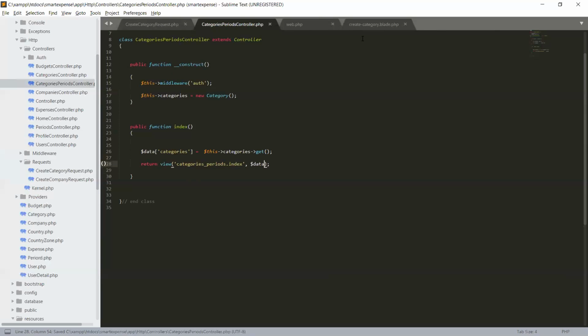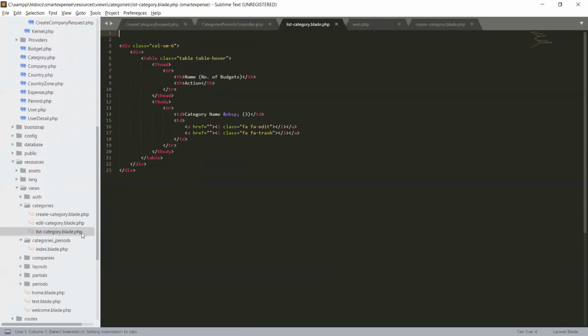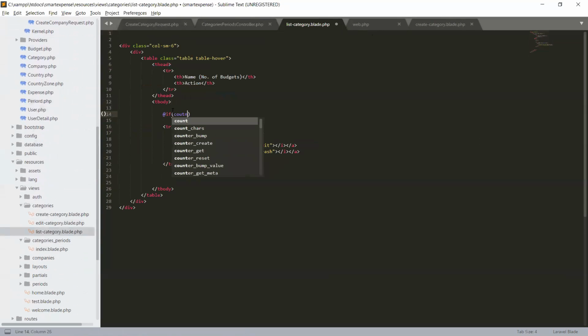Okay, save it, and now we need to list the categories. In the list category view, where the table body is, we will iterate over the rows, so it will fetch all the rows. Here count is the method to count the number of rows in the category table.